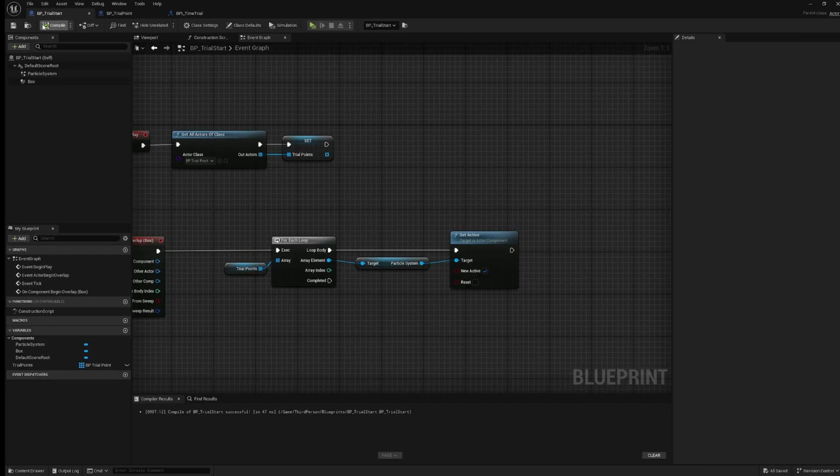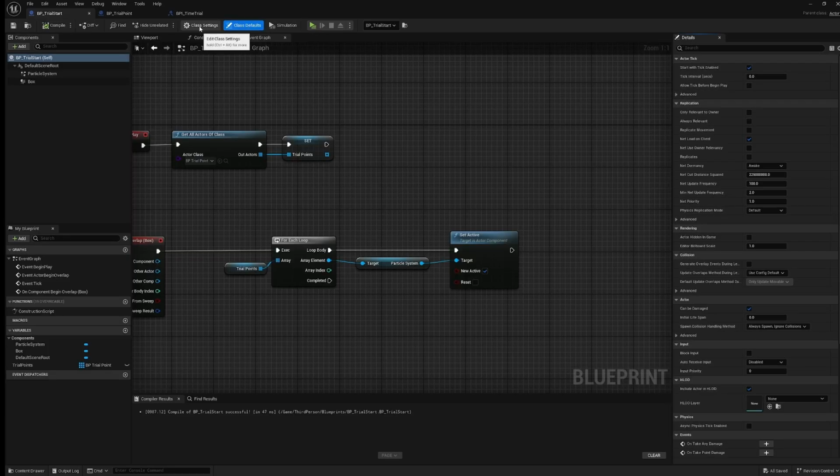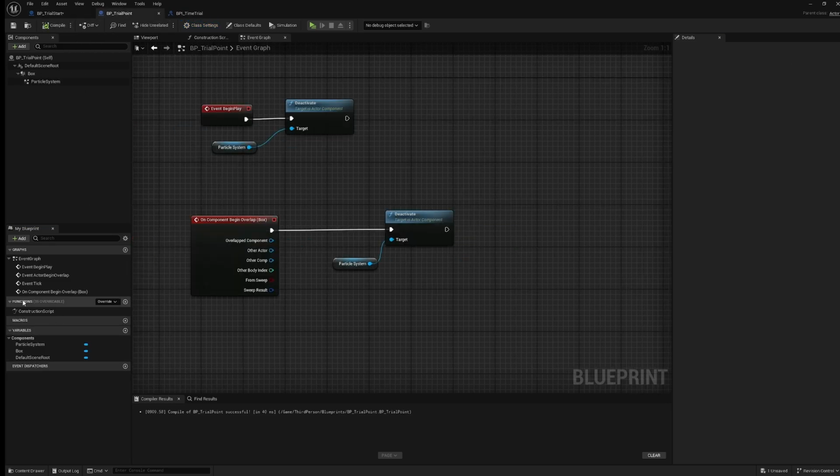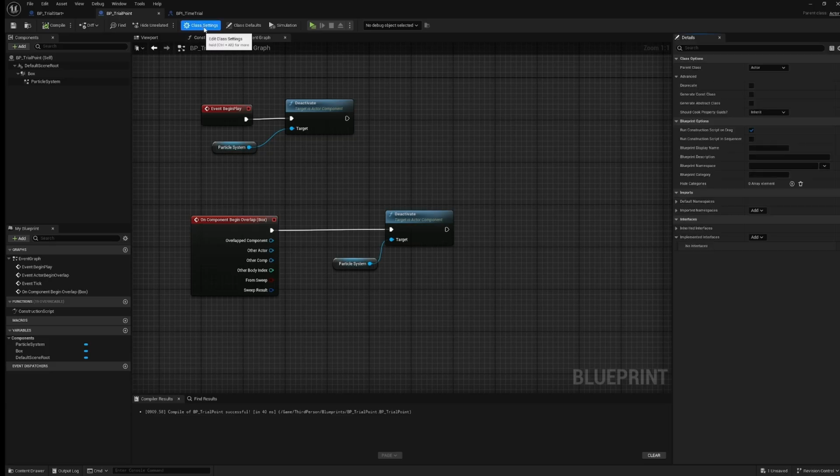Now, if we go to our trial start actor and we go to our class settings, and at the bottom here, implement interfaces, we can search for BPI and we'll come up with the time trial. Now that we added it in our interfaces, you'll see every function listed here. We're going to do the same thing with our trial point. Class settings, add interface, time trial, and we're going to open up our character sheet,